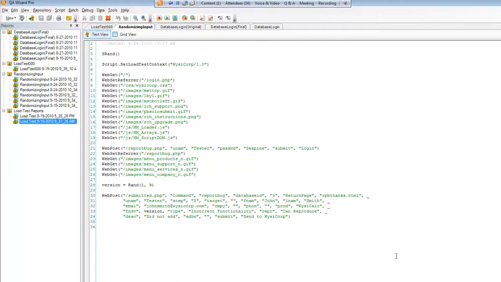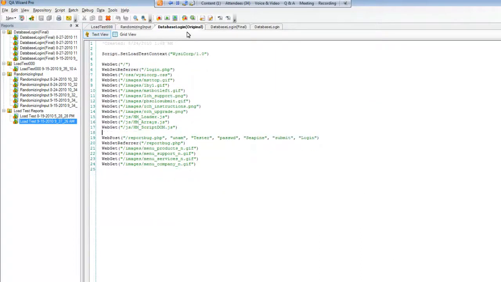So that's one. Let's look at a database one. In this case, I'm looking at a script that's a normal web get, web post we looked at before. In this case, I'm logging into the system, so I'm putting in the username and password. They were the ones I captured when I typed in, so I see the username is tester and the password is cpine. And that's sort of what you'd get if you recorded this script for a load test script out